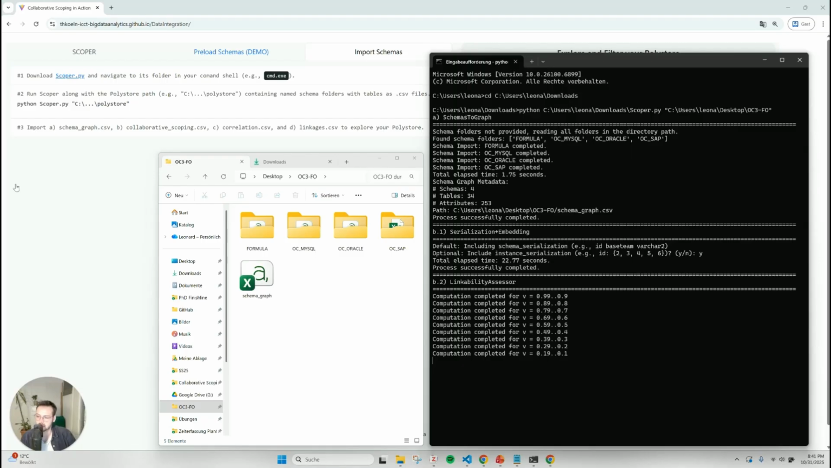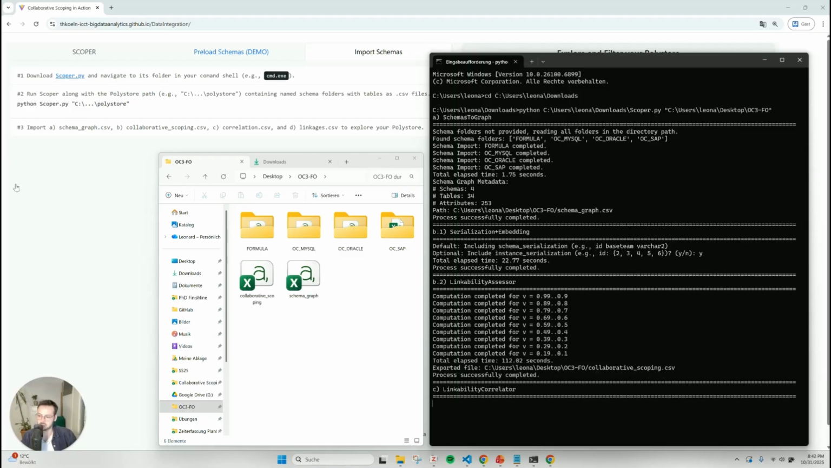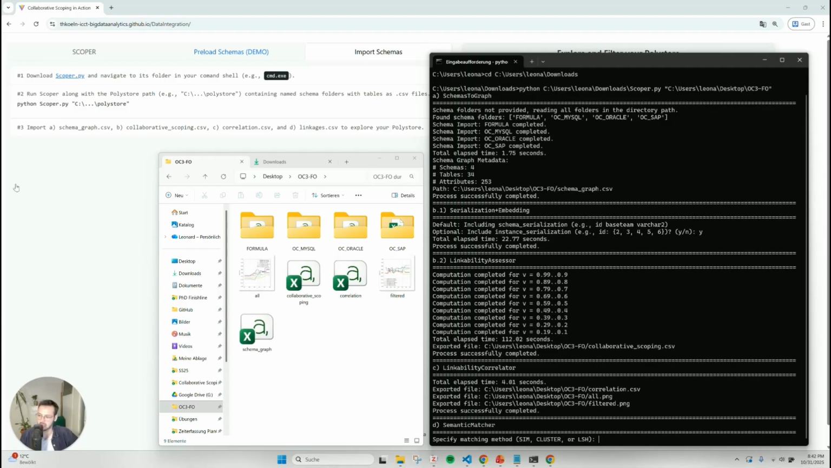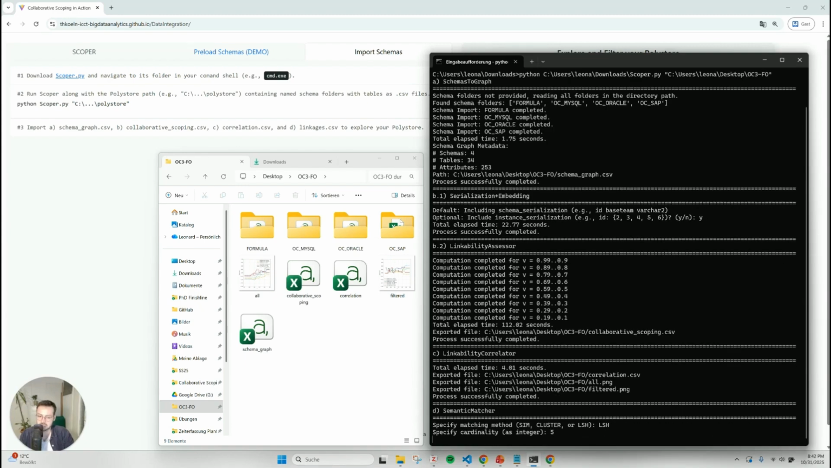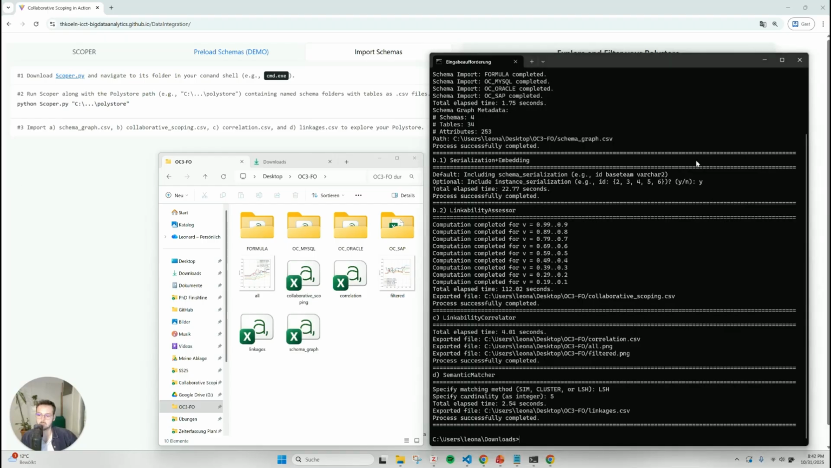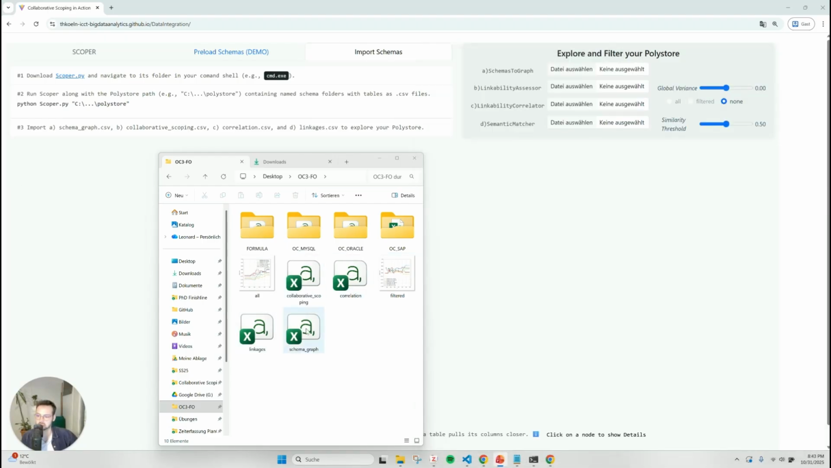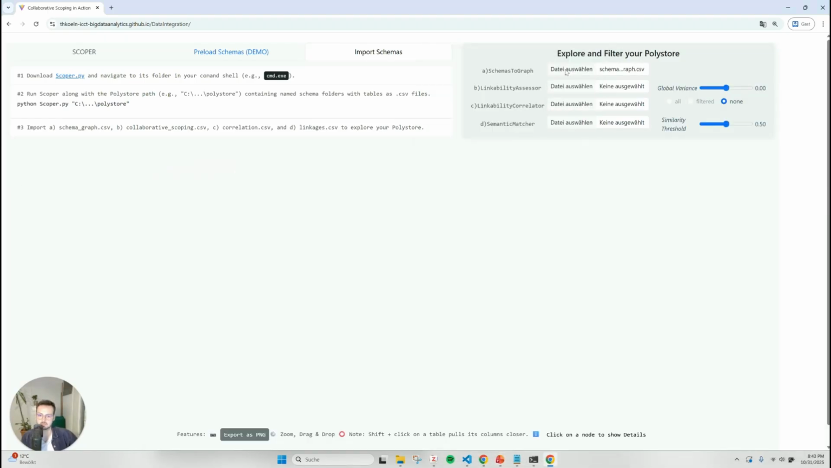We also compute the correlation between the autoencoder's predictions. And finally, one can specify from 3 semantic matching methods like LSH, along with some cardinality. We upload the generated CSV files